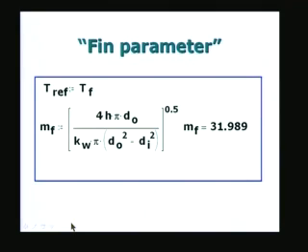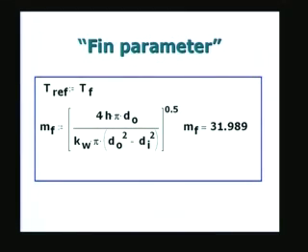So, we have calculated the value of the heat transfer coefficient. Now, what we have to calculate is what is called the fin parameter. The fin parameter appears in the solution when you model the heat transfer in the wall of the well. The heat transfer by conduction is in the axial direction, and the heat transfer by convection is in the direction normal to the axis of the cylinder, or axis of the well. In this case, we can show that the governing parameter for heat transfer in the fin is given by m subscript f. This is called the fin parameter, which is given by